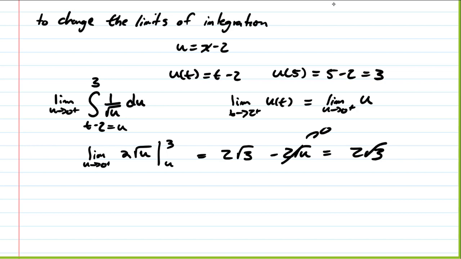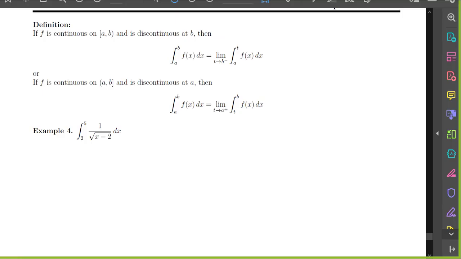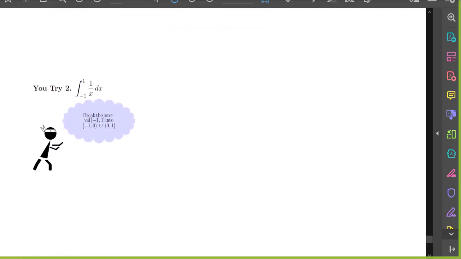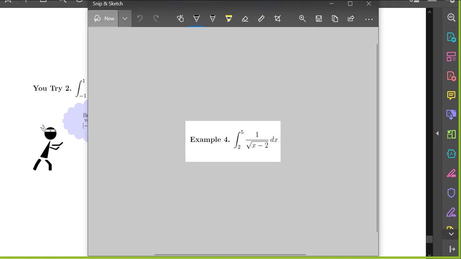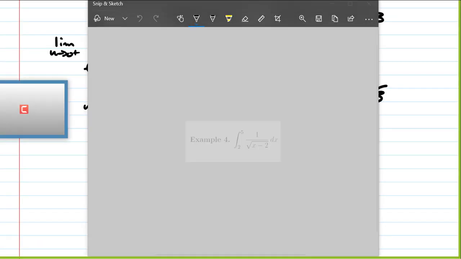It's a lot easier just to back substitute, and after you've had time to let this sink in, come back and think about it, and it'll make a lot more sense. So I want to mention it, put it out in the universe, but not recommend that that's the method that we're going to use. All right, so the next one is for you guys, and